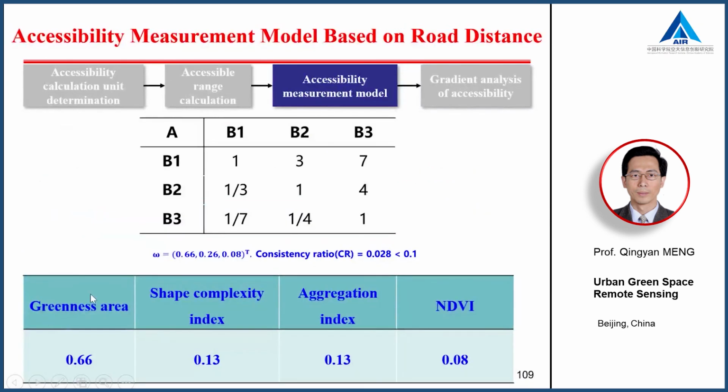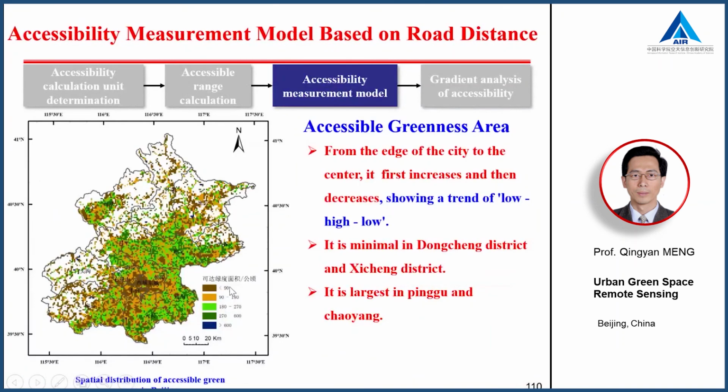We use the greenness area, the shape complexity index, and the other two to decide the weight, and then we can calculate